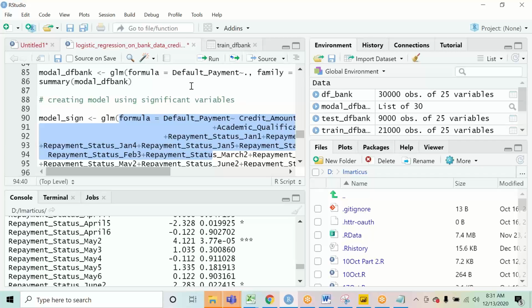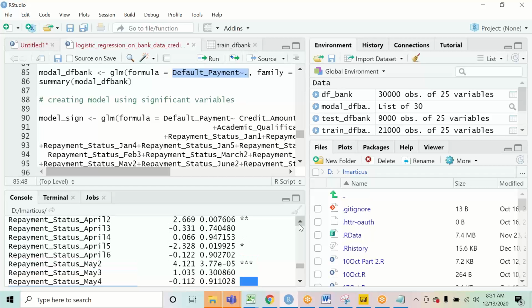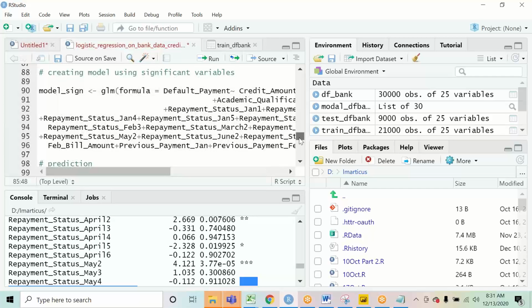When you have executed this model and you saw that there are a lot of variables which are not at all significant, we remove them and rerun the model to check if the significance of other variables has improved by removing them. We check if there is any improvement in the model. That is why we do it.